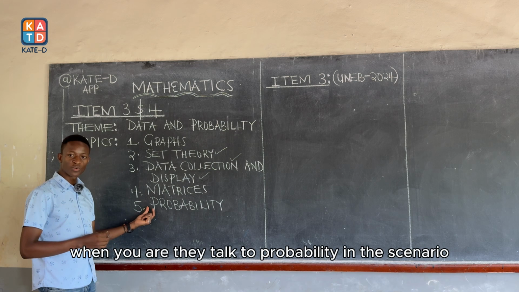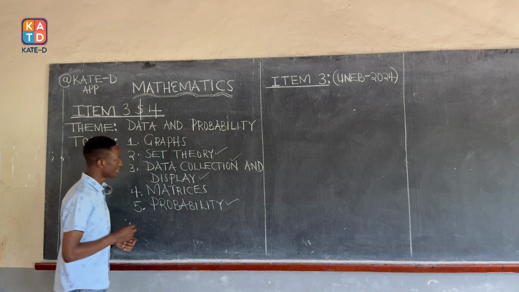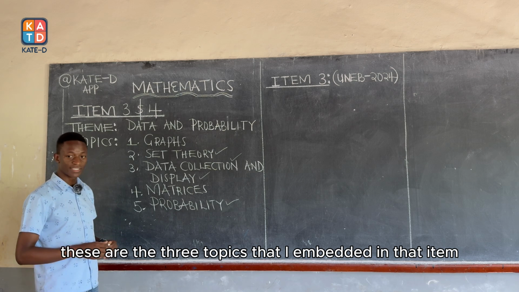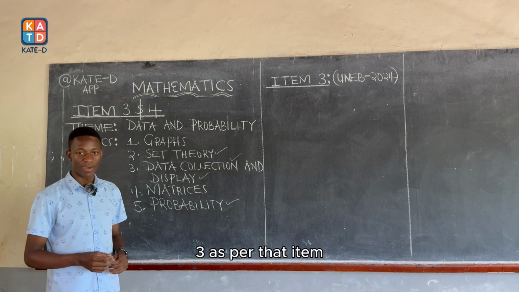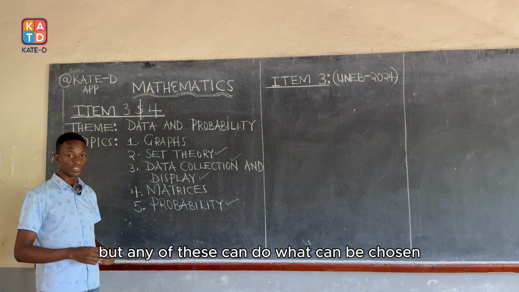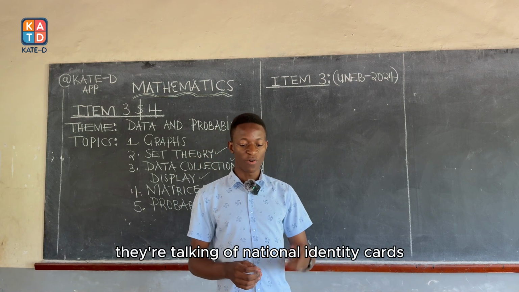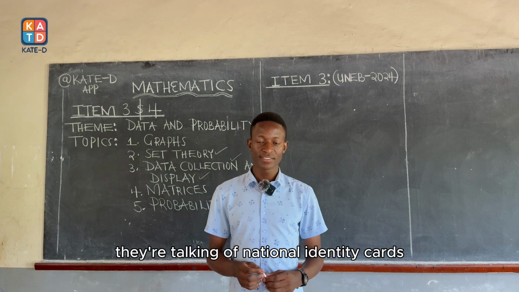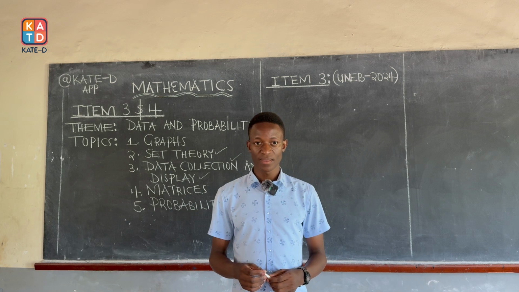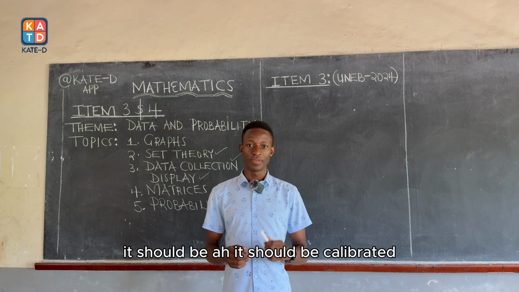When they talked of probability in the scenario, it is also part. So in actual sense, these are the 3 topics that are embedded in item 3. But any of these can be chosen. We need to look at the 3 things that are being talked about. They are talking of national identity cards, passports, and also driving permits. But whichever variable that you have to bring in, it should be